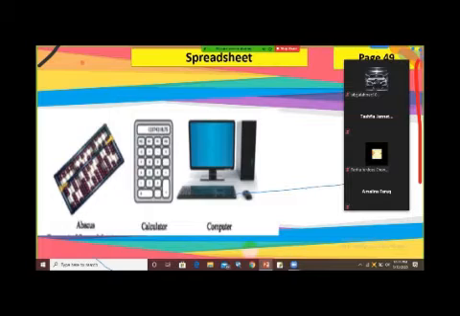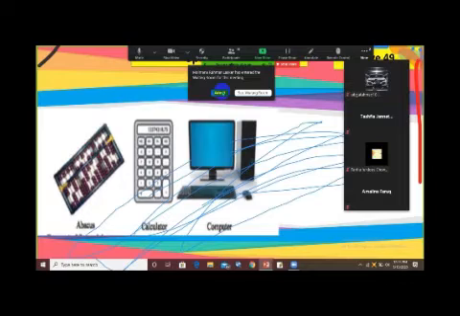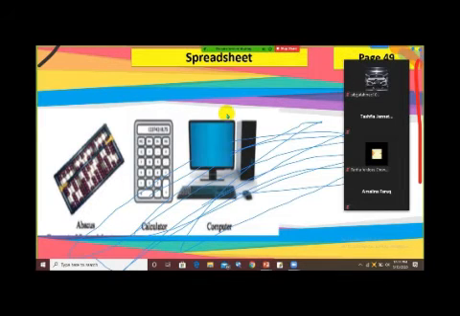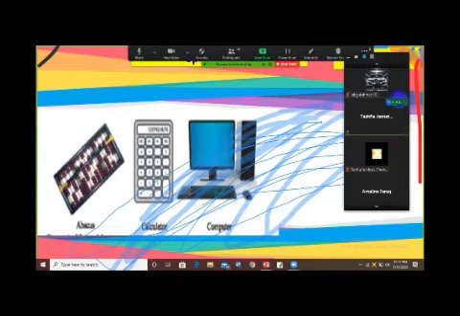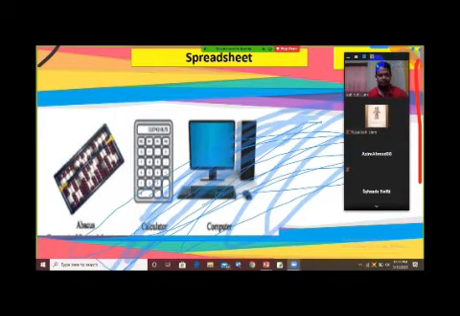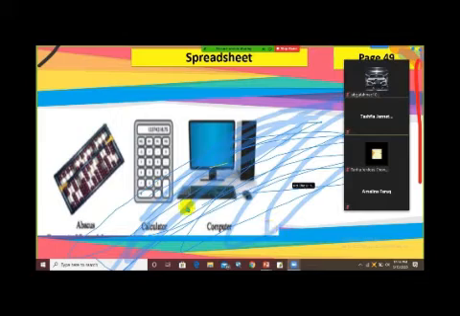The first thing is spreadsheet. There are three pictures. Have you seen them? They are given in your book, page number 49.